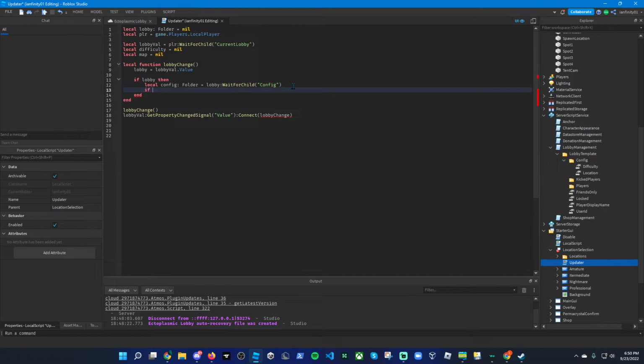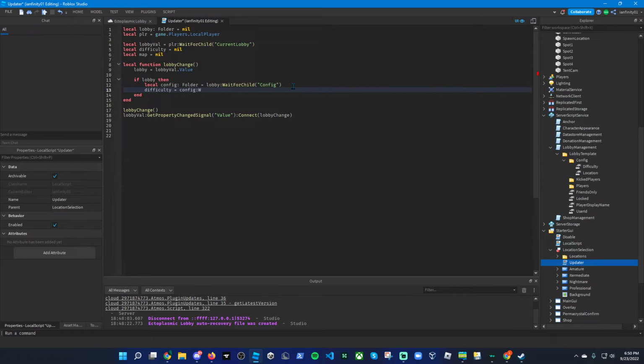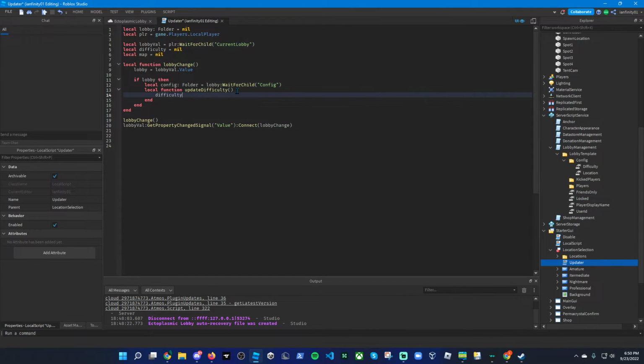Okay, now I need to get the difficulty and location. So difficulty is config, update difficulty, local function update difficulty. And I'll just do difficulty equals,